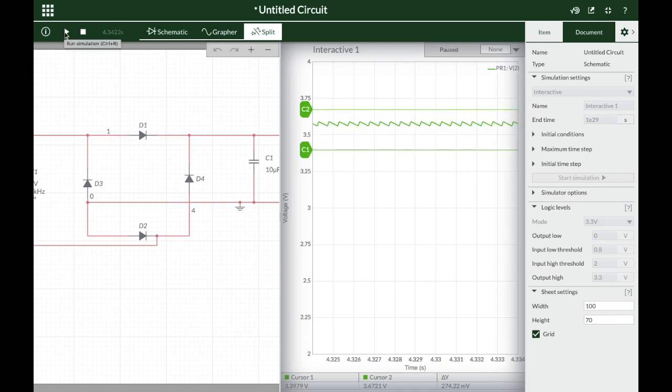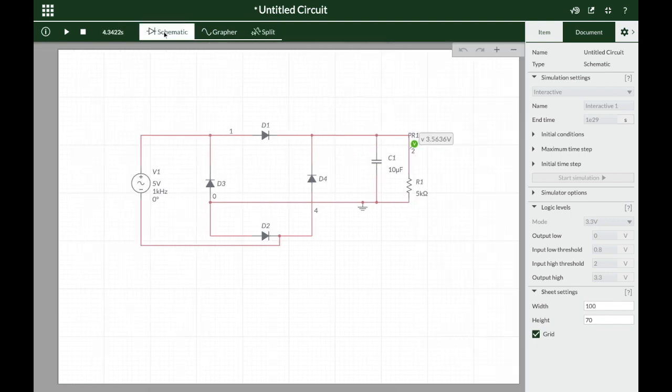Can you see now what happened? Now the ripple amplitude has decreased because we have increased the capacitor value 10 times. So the capacitor is going to discharge 10 times slower, and so the change in voltage across the capacitor for the same input signal frequency is now less, and so the peak to peak of ripple has reduced. So having selected a frequency, you can decide the value of the capacitor so that the discharging time constant is much larger than the periodic time of the input signal.